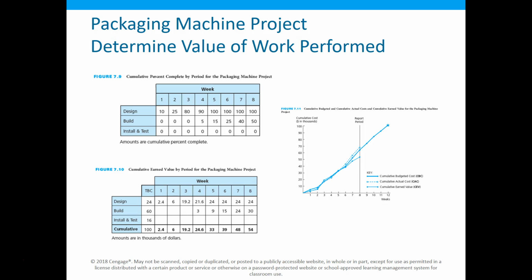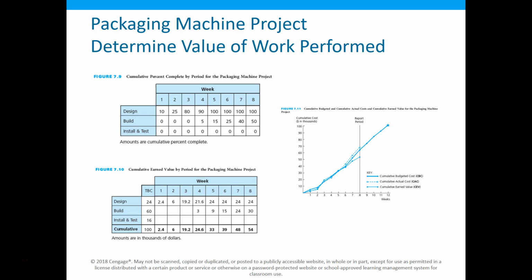So, earned value, we've earned $54,000 of value in this project. Our cost so far has been $68,000 out of a budgeted $64,000. So now do we have enough details to start thinking about where we're at in this project? Do we have enough values? Can we look at it in terms of a ratio?